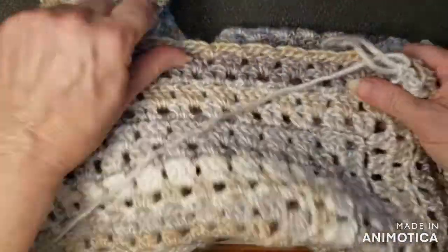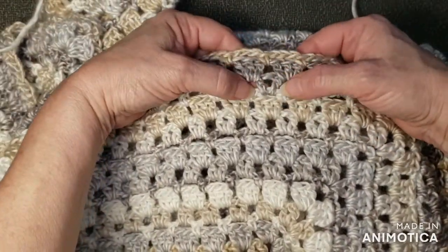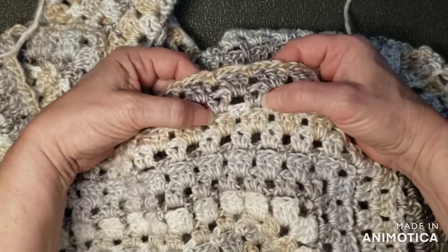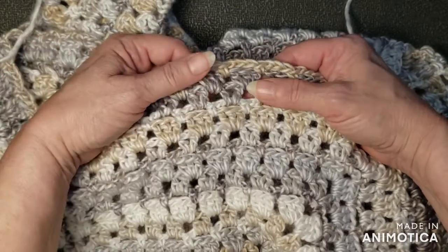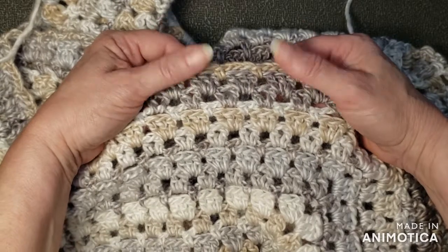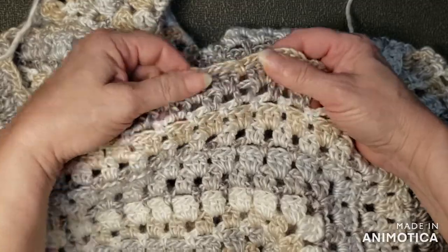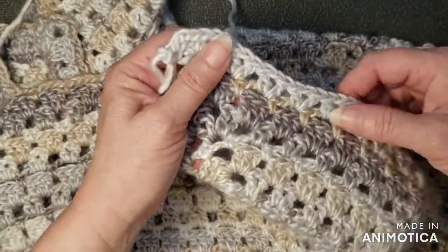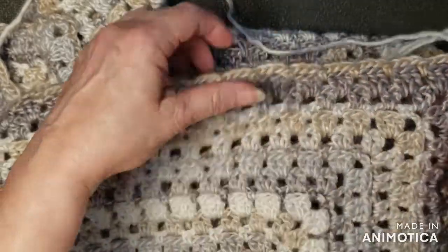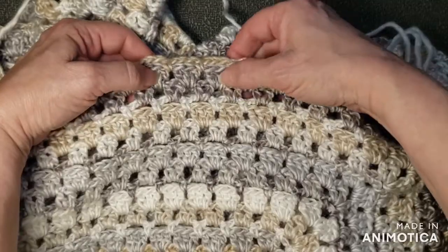Your 3 rows are your V-stitch row, which is, there's my V-stitch. Let's see if I can see. I don't believe you chain in between. I'm doing it from memory right now. No, you do not. You do not. So your V-stitch is just a V-stitch in